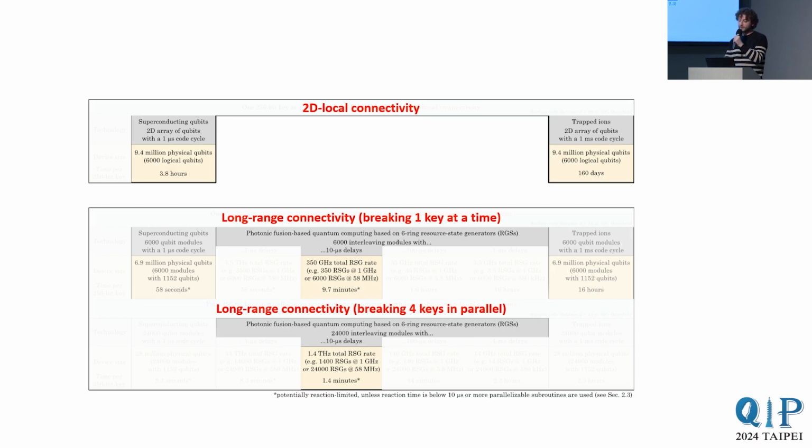And here we find that with a 10 microsecond code cycle, a 6,000 logical qubit device can break a key every 10 minutes. A photonic quantum computer is not an array of physical qubits, but instead a network of photonic resource state generators, so the footprint is measured a bit differently, but this is also explained in the paper in more detail. If we use a 4 times bigger quantum computer, we can break 4 keys in parallel, but using the cheaper parallel modular inverse, we reduce the time per key by a factor of 7,